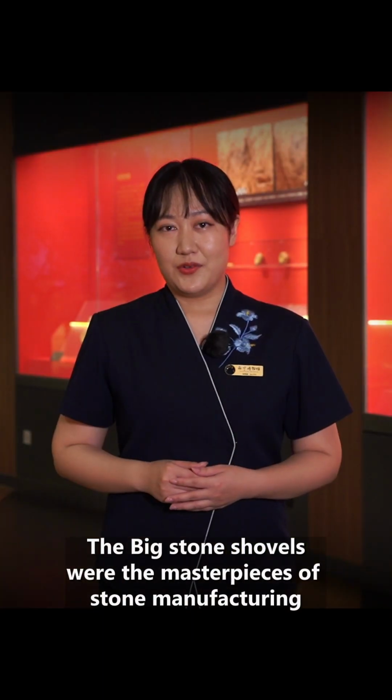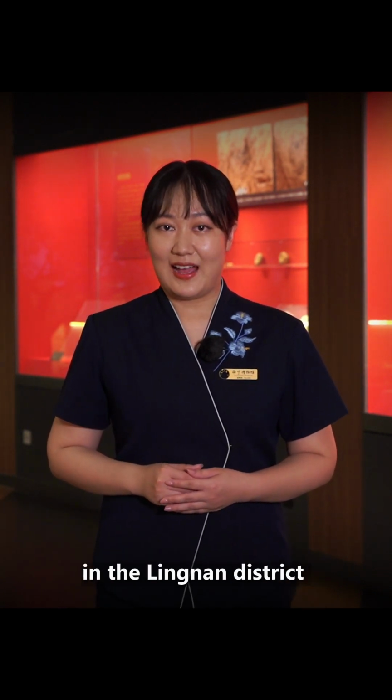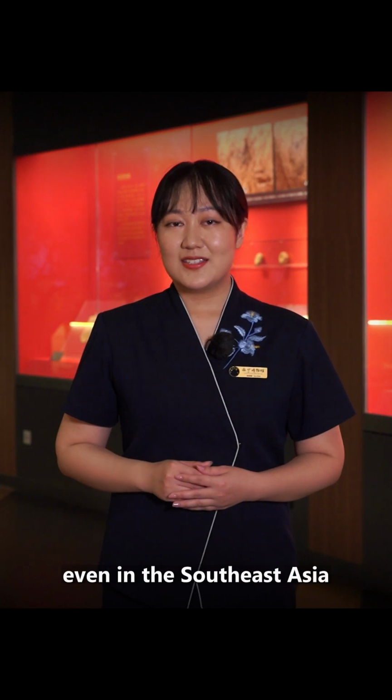The big stone shuffles were the masterpieces of stone manufacturing in the Lingnan district. Even in Southeast Asia,